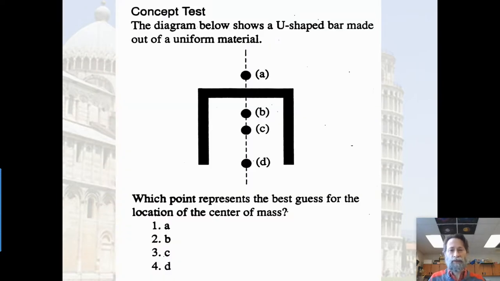So for instance, here's an old multiple choice question that shows up all the time. The diagram below shows a U-shaped bar made out of a uniform material. Where would the center of mass be? Now, it doesn't ask you at all where the center of mass would be in the x direction. You know that because of the symmetry of the object in the x direction, it's got to be straight down